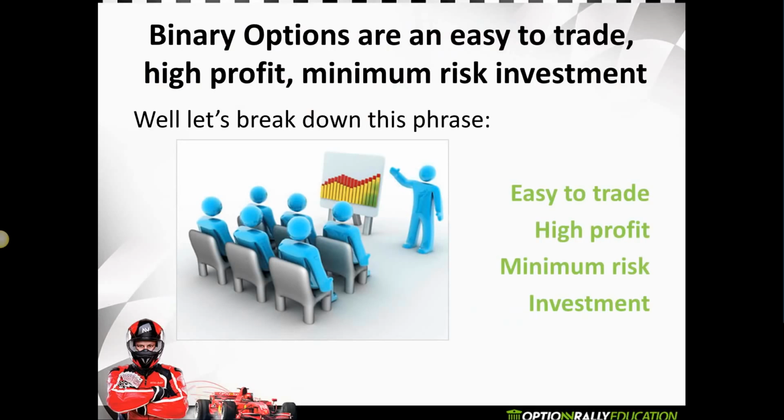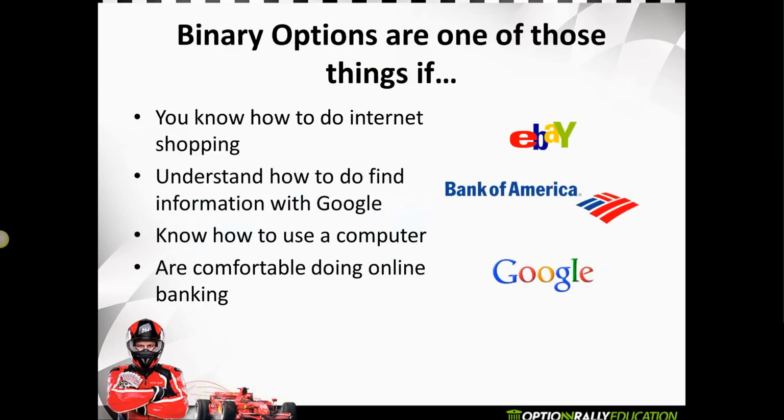You make the predetermined profit if the asset moves 1 pip, that's a thousandth of a point, in the direction in which you select. But regardless of the outcome, you will never be out of pocket more than the dollar amount you type in the screen, because there's no commissions, no fees, no spread, no margin, no leverage. So if you type in $25, the most you could ever lose is that $25 for that trade.